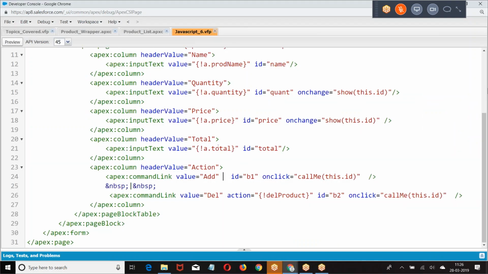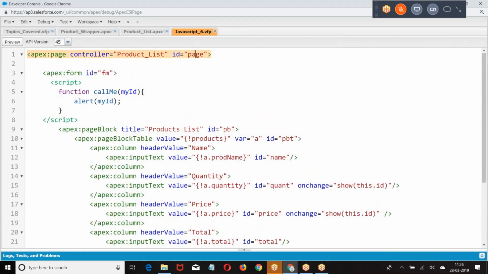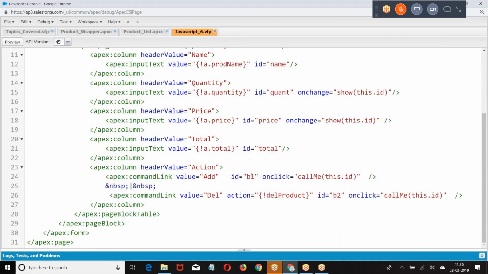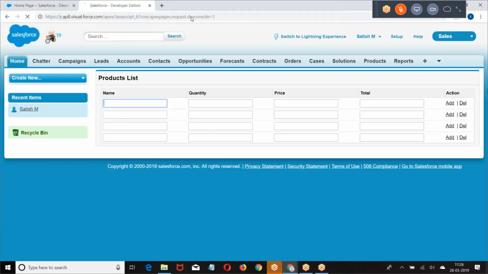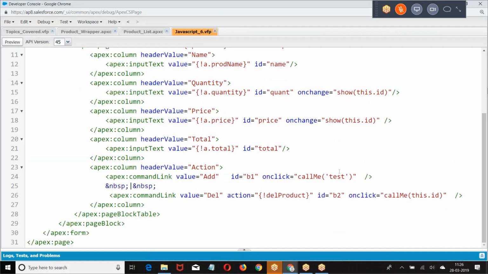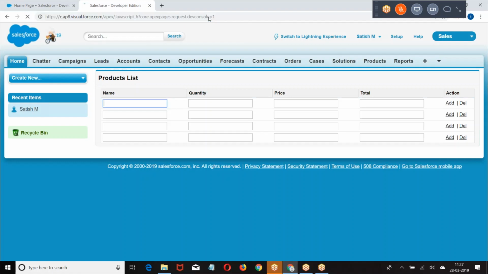Let me check. There is some bug from my end. Page, form, block table, button 1, this dot ID. Let me test why it is not coming up.